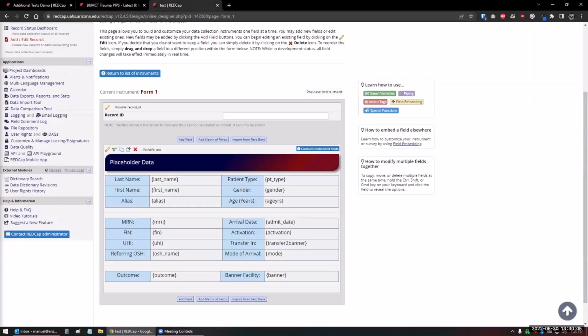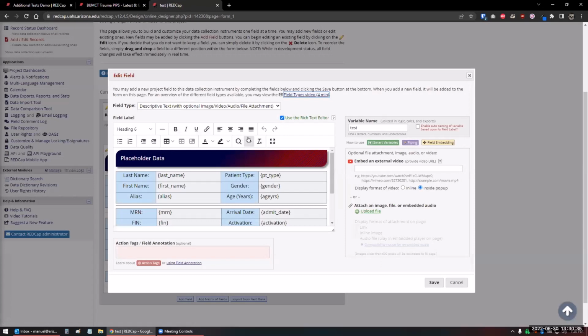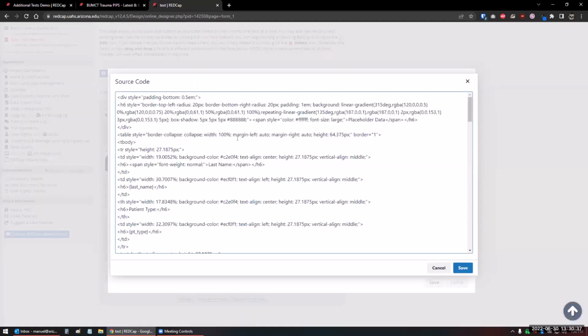So with the CSS module, that was before they did the rich text editor and the field embedding within the field. So before you could do this in REDCap, you would have to use Shazam and the CSS module to mimic this. But now that they have the rich text editor and the field embedding, you can do this natively. You don't have to have the modules. So the thing is, what I like to do is scale everything back, and because sometimes